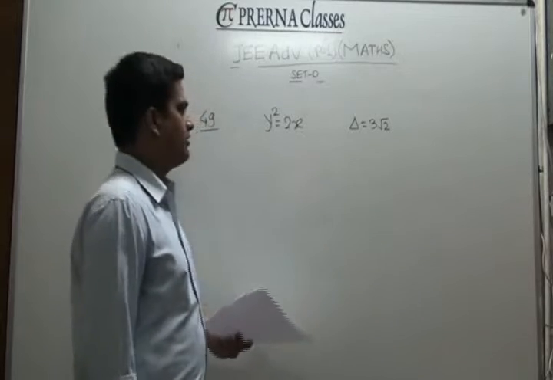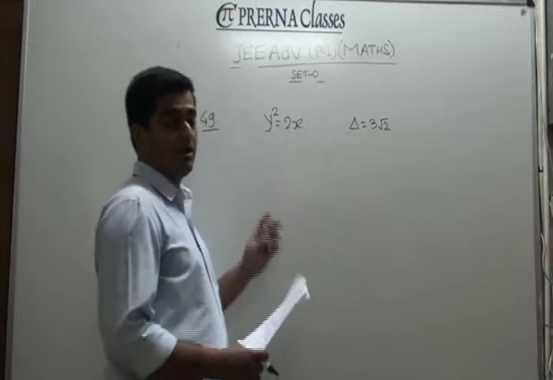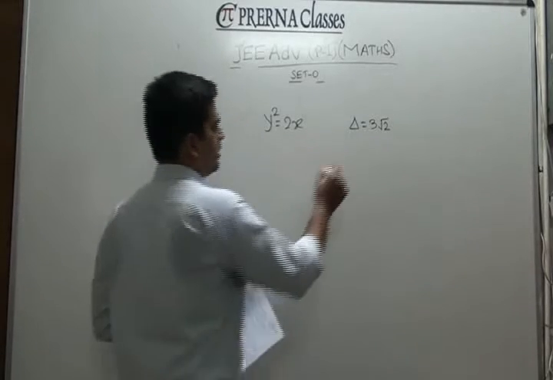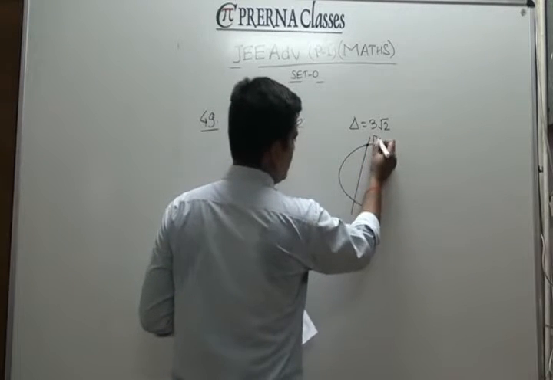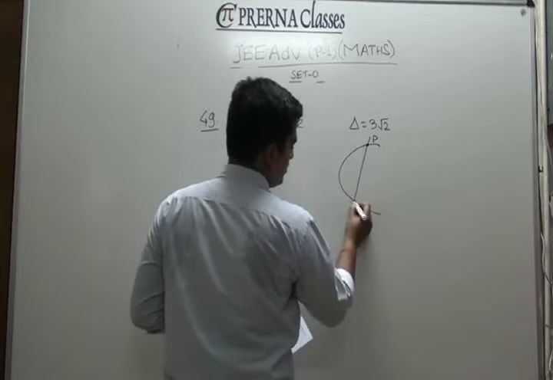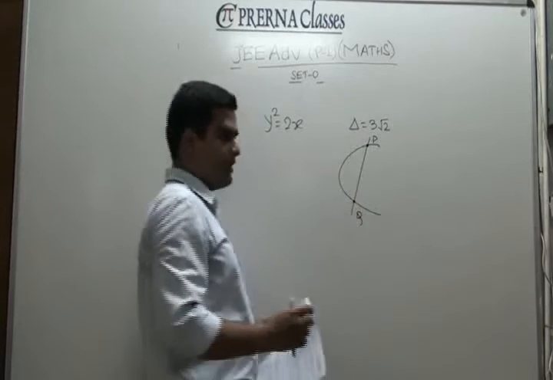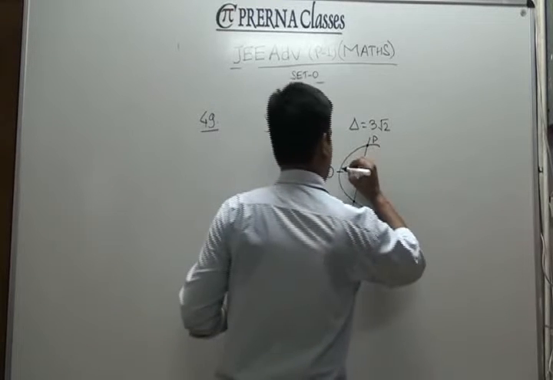Okay, next problem is related with again a parabola. You have one parabola given, and this is related to the multiple option correct section, and there you have to have a pair of variable points as P and Q, such that if you consider a circle whose diametric ends are P and Q, that circle passes through the vertex. Clearly then you can check